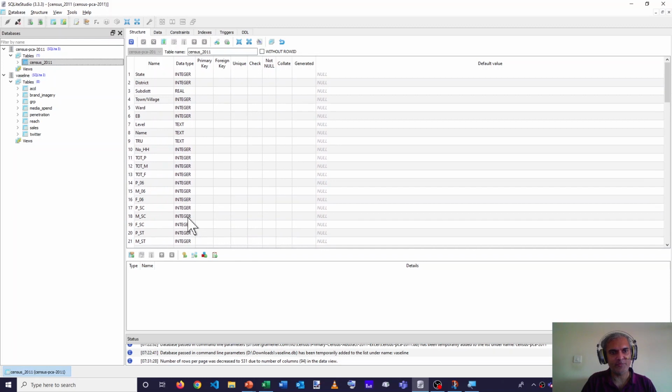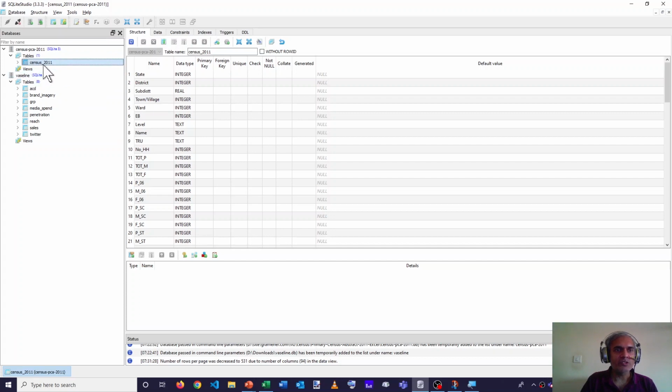In fact, it is possible to have an even more narrowly and closely defined structure that says that the state can only have a number between 0 and 50, the subdistrict can only have a number between 0 and 500, and the level can only be a piece of text that has 2 characters, and so on. These are ways in which you narrowly define the structure of a data set.